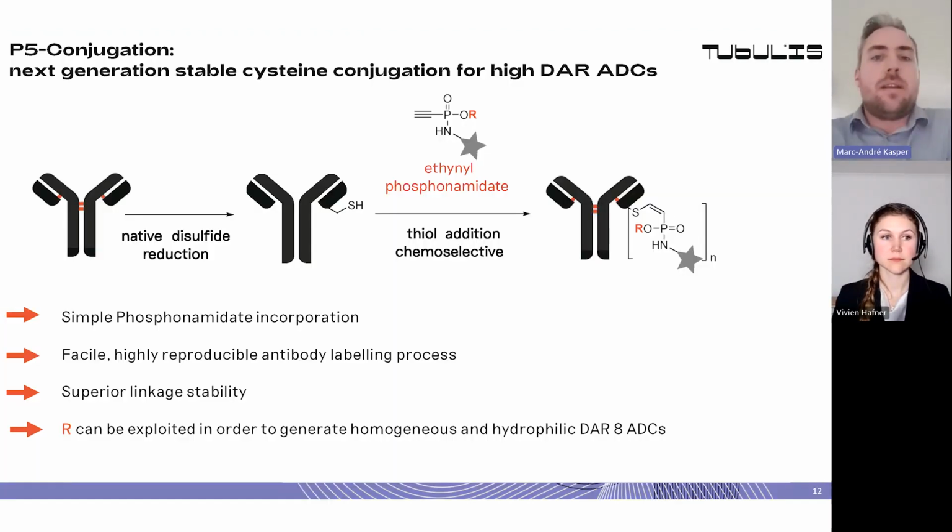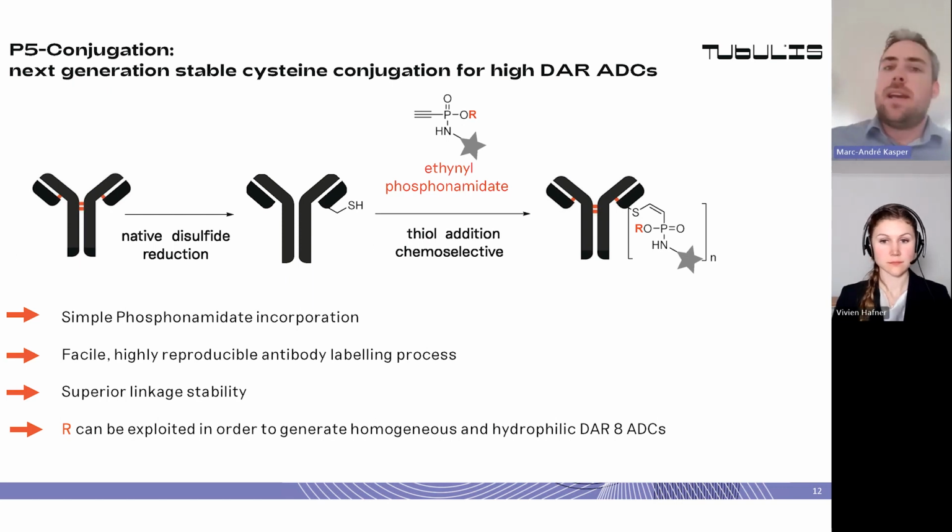So first of all, what is P5? So what can we do better than others? So we need to somehow connect the drug to the antibody. Again, the antibody is this large Y-shaped molecule, and we can use this molecule in its native form and leverage the disulfide bonds. Usually an IgG1 format has 4 disulfide bonds, which we can selectively reduce to liberate 8 cysteine residues, and we can now do an alkylation with the drug and thereby make the connection between the drug and